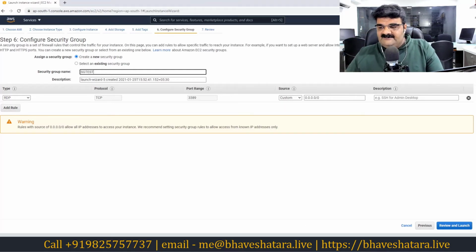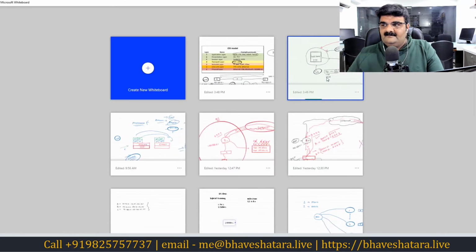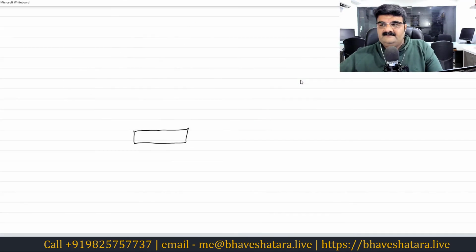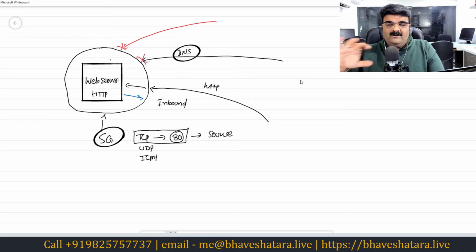First you can define inbound traffic, which is traffic coming to your EC2 instance. The other is outbound traffic, which is traffic that can leave your EC2 instance.